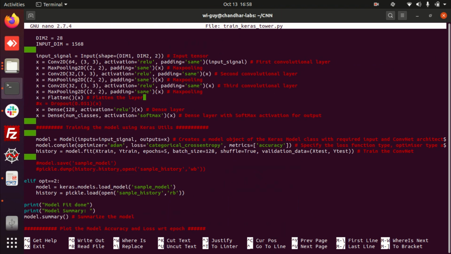Now we are going to train the model using the Keras utilities. In order to train the model using the Keras utilities, you specify what your input and your output are, and what optimizer I am going to use. I am going to use the ADAM optimizer, okay, with the categorical cross entropy function. I am going to calculate the accuracy metric, okay. I am going to specify the loss function types, okay. I need the training and the validation loss, okay. I am going to compile and fit the model.